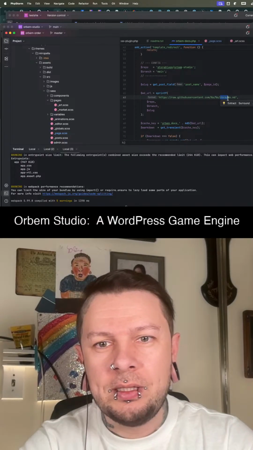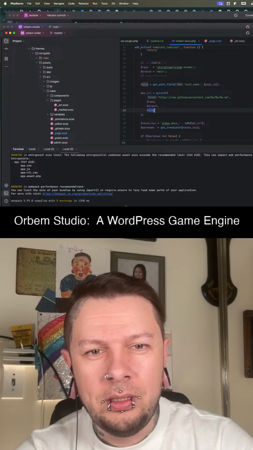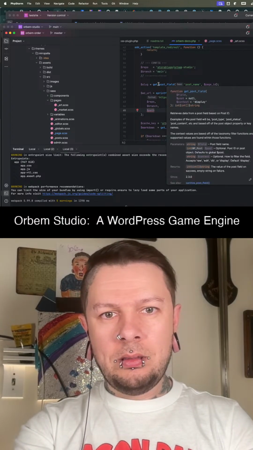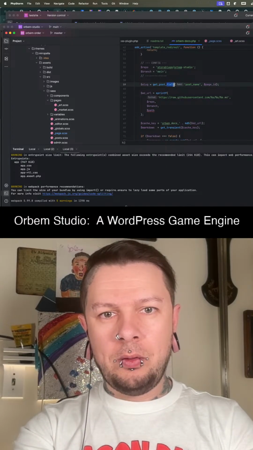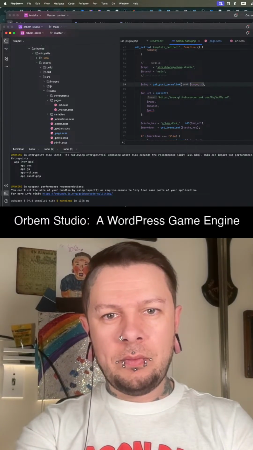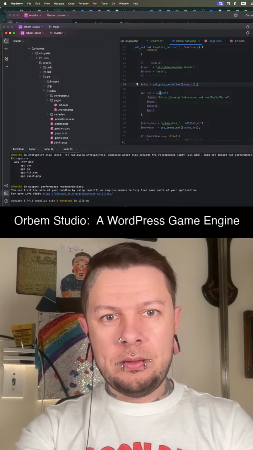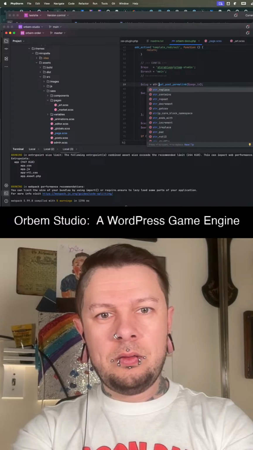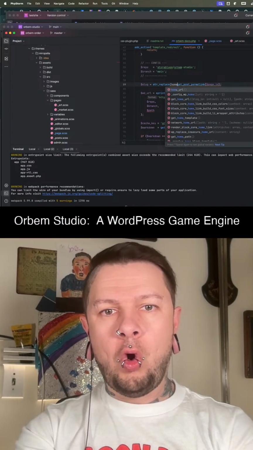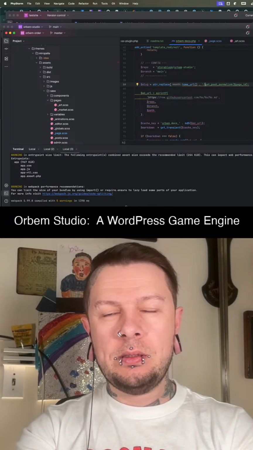So instead I can do basically this, and then slug will be path. And then I can get post permalink. And that'll give me the full, but then I can do a str replace and then get rid of the home URL plus